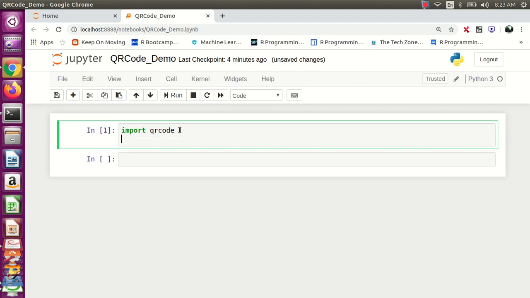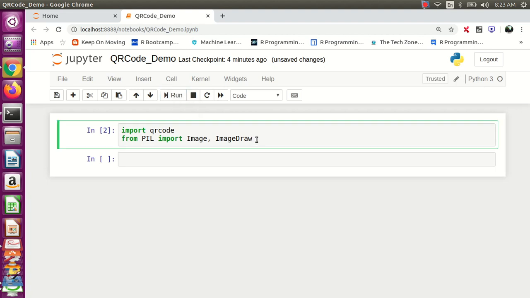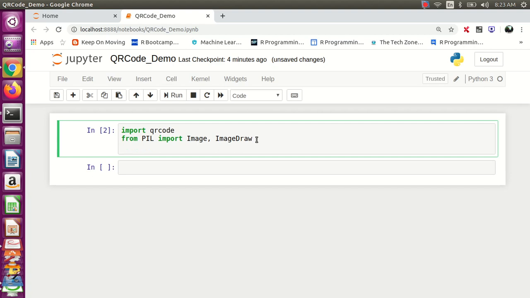Again one more library I'm going to import, from PIL, Python Imaging Library, import Image class, comma, ImageDraw. Now click on run. Okay, no issue for library importing.